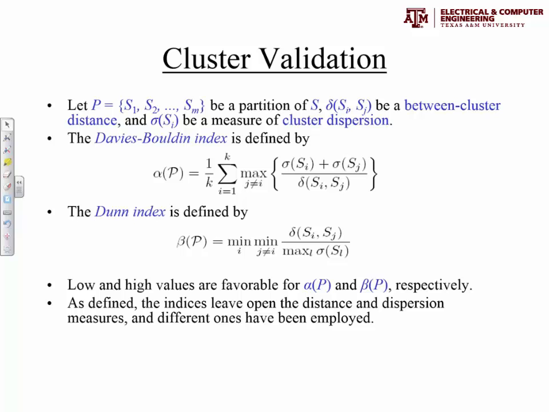If you apply the same logic, you want the sigmas to be small, the dispersion in the cluster to be small, and the between cluster distances to be large. So this quantity should be large. That will be a good thing. And again, you can pick anything you like for these sigmas and this delta. And if you want